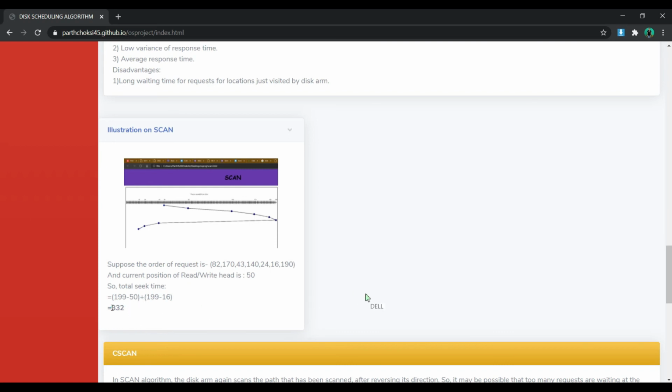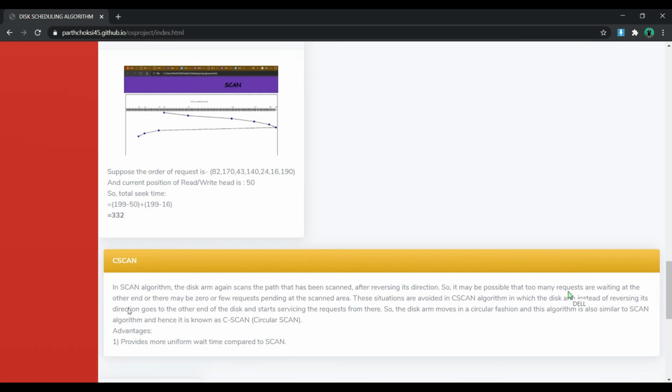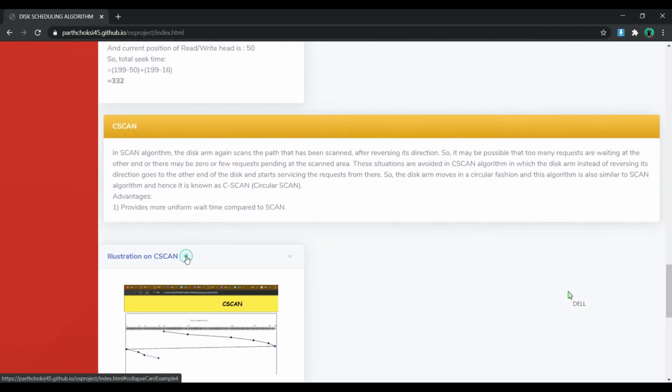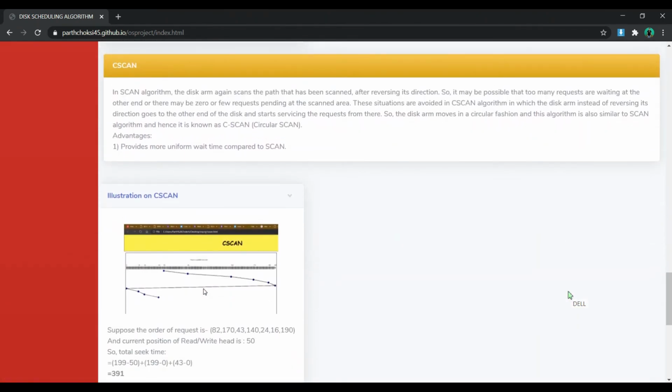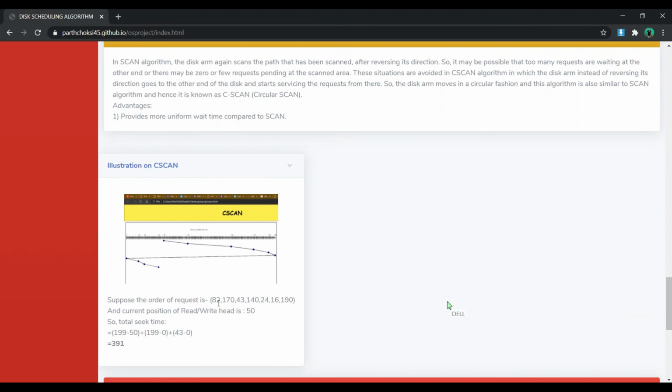Now moving towards C-SCAN. Here there are 3 steps included, one more than SCAN. This is the same set of input which we have run in the visualization section. Subtract the given head 50 from the last position of the track size, which is 199, so it will be 199 minus 50.